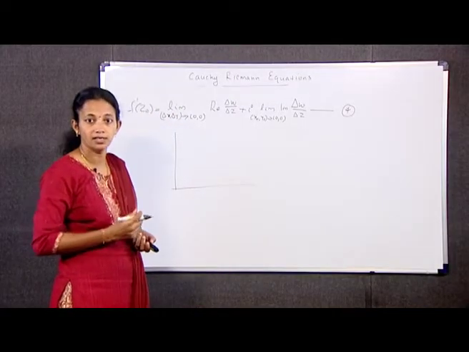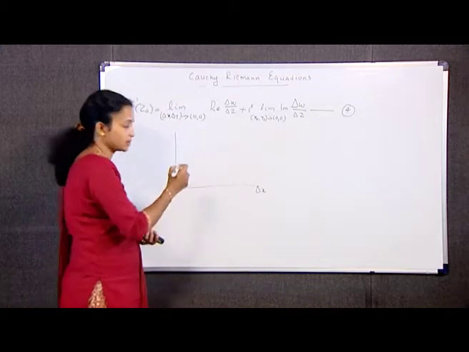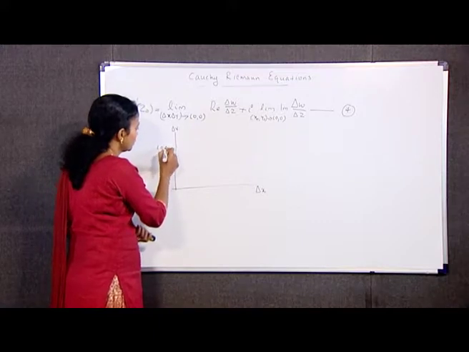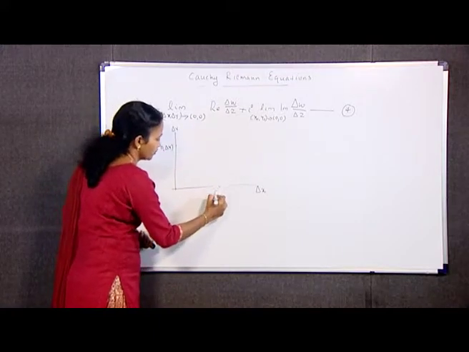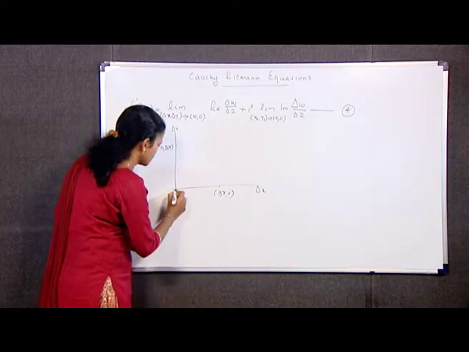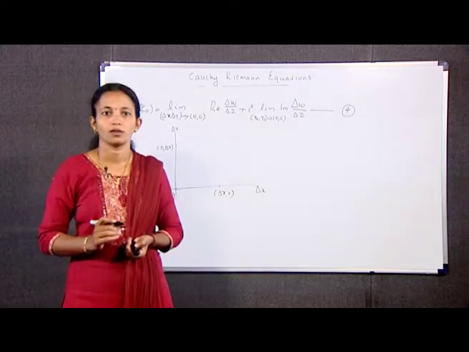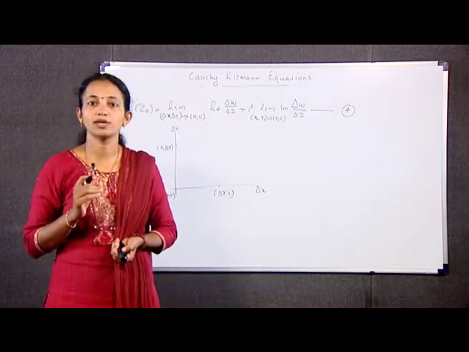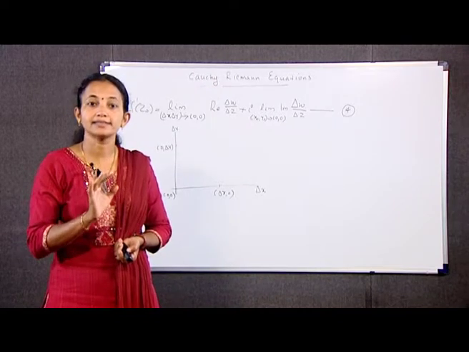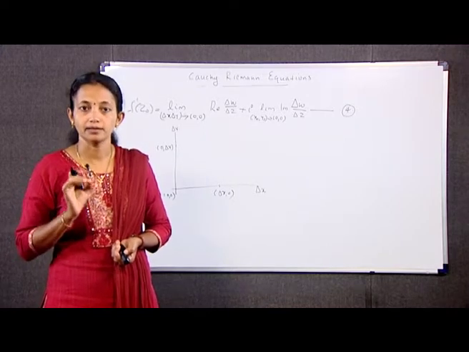That is, we have a figure. This is our delta x and of course this is our delta y. Here we have (0, delta y), here we have (delta x, 0). And of course this is our origin (0, 0). Now it is to be noted that expression 4 is valid as (delta x, delta y) tends to (0, 0) in any manner that we may choose.